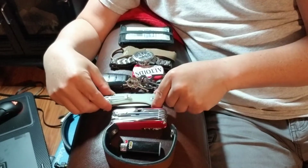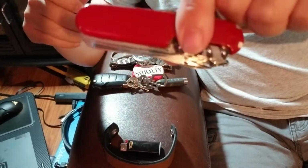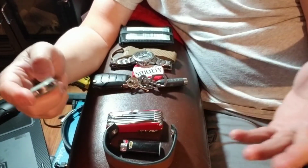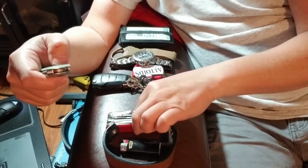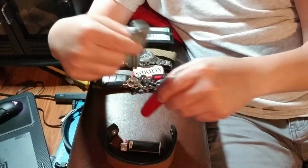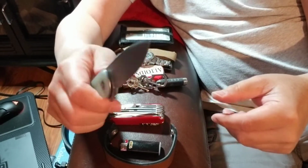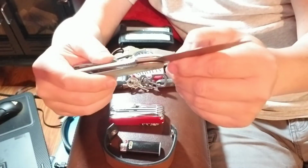All right, moving on to the next item. Why do I carry a pocket knife when I have a Swiss Army knife multi-tool? Well, the reason is quick access. If I need something to cut, something simple, or somebody comes to me and says, hey, can you cut this real quick? I don't have to pull this out, use two hands, look for the blade, and pull it out. All I have to do is just pull this out of my side pocket. It's got a pocket clip. I just pull it out real fast, cut, and go. So whenever I need quick access to a blade, that's the reason why I carry